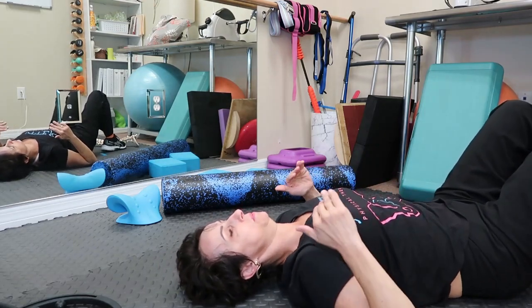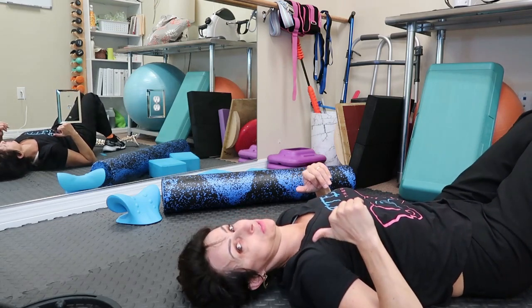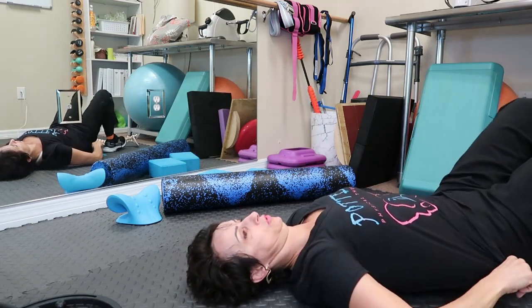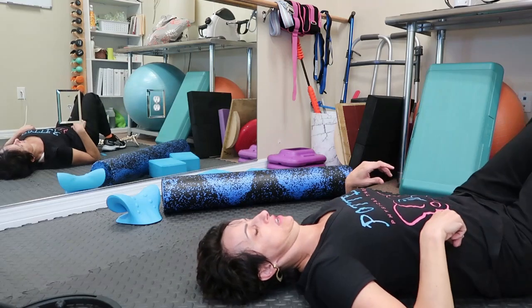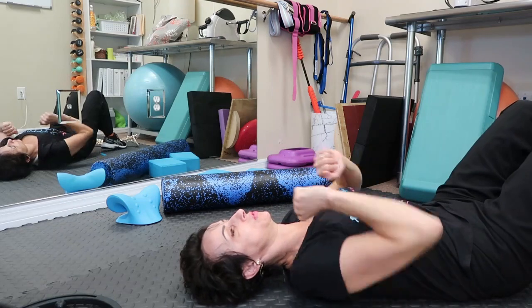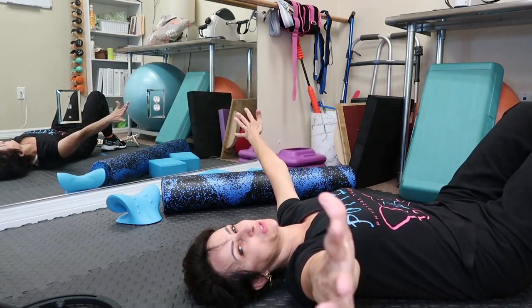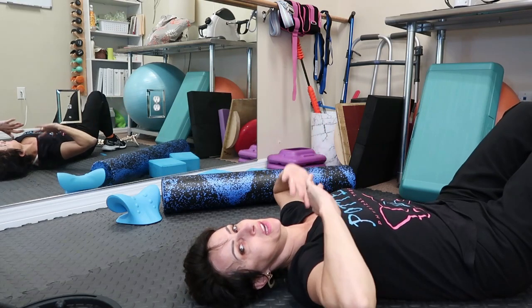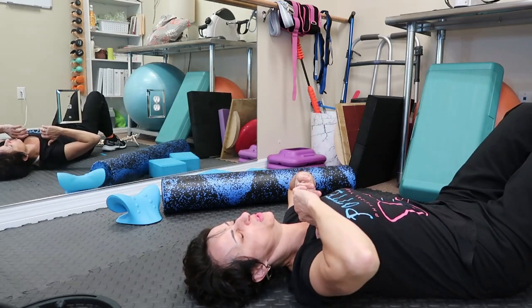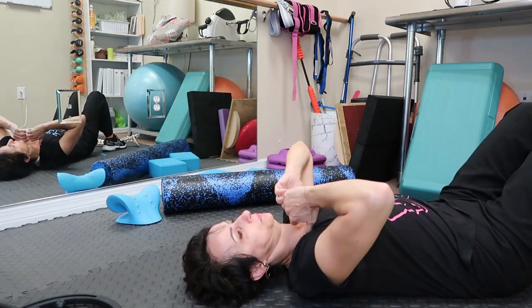Okay, now I'm a little bit in the middle to the higher portion of it, and I feel like, oh yes, this is my spot. And you stay there for as long as you need it. Make sure you're not rolling so much that it irritates. So you go up and down. You can move your shoulders in circles. I like to keep the elbows bent because here's a bigger lever arm. It feels the heaviness of the arm, and here's a little bit less heavy, and you can control the motion a little bit more. Oh yes, that's the spot on my right side. So you're kind of working into that, okay? And you go